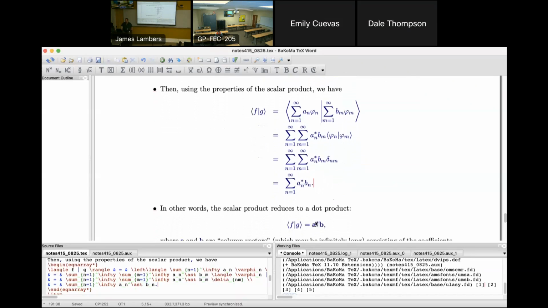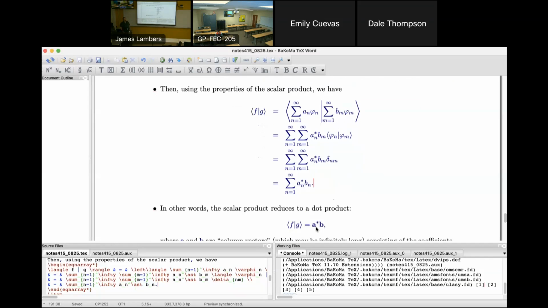So, if I think of a as a vector of coefficients, and b also as a vector of coefficients, the scalar product becomes a dot product. And this could be very helpful in certain situations. For example, if you have functions expressed as Fourier series, whether it's a sine series or cosine series or a full Fourier series,